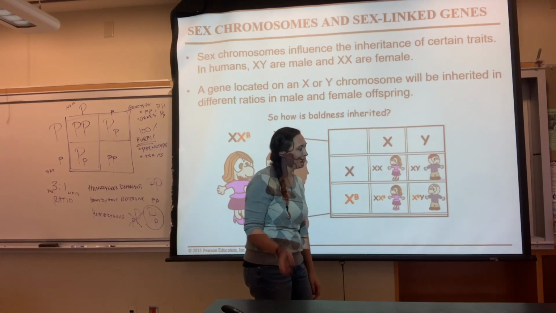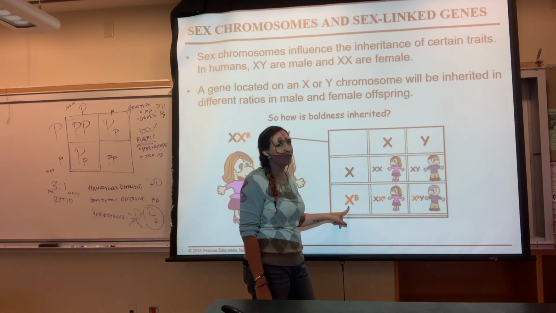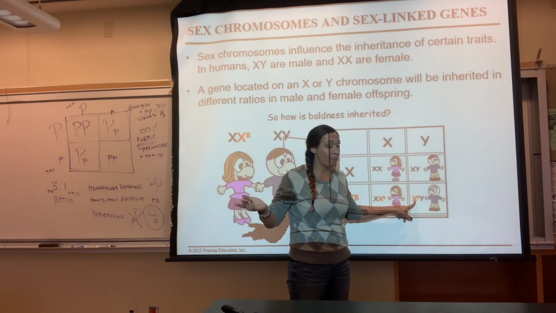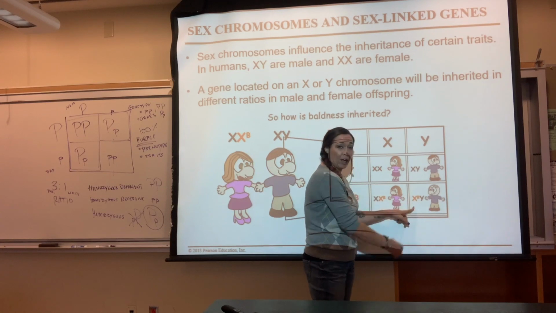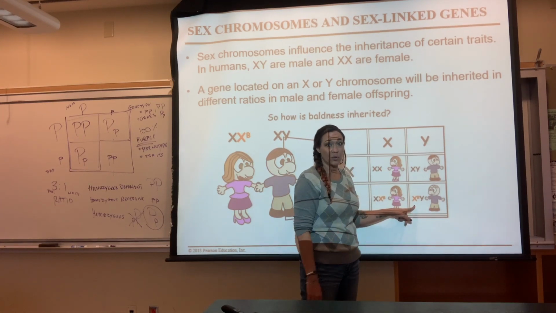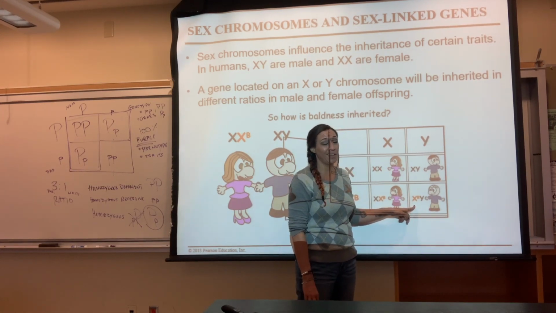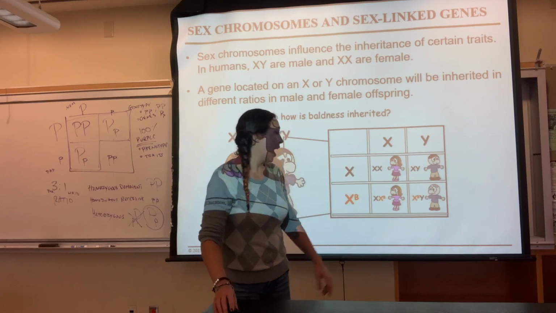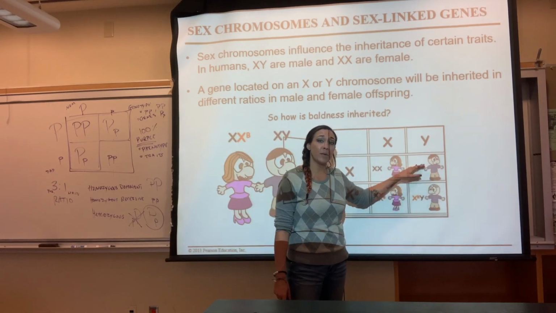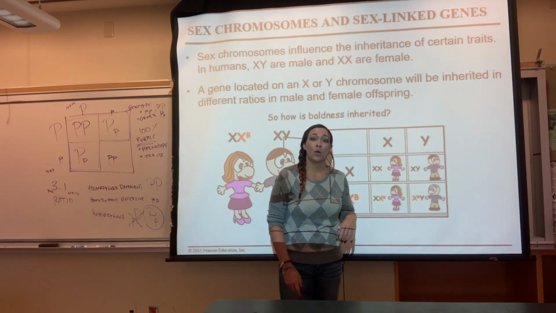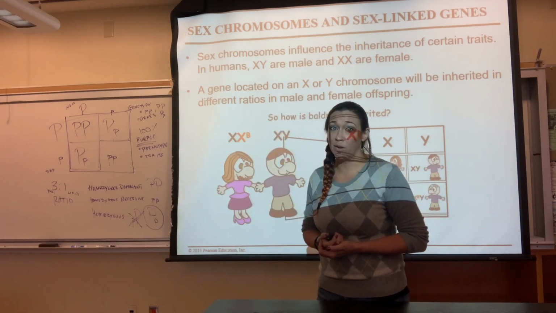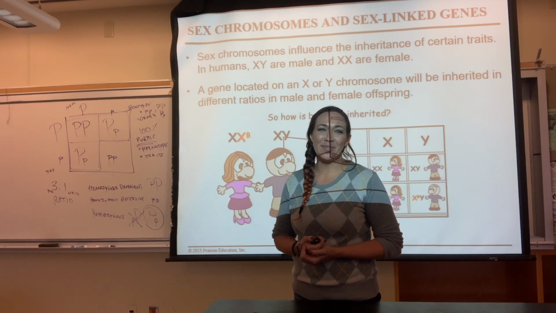But the other son, he gets the infected X from mom, and now there's only 1 copy of it. He doesn't have a dominant X to hide that other one. The Y doesn't work that way, so he only has 1 recessive allele, which means he's going to be recessive, which means he's bald. So in this case, half of the men have a possibility of being bald, but none of the females do. Which is, again, why you're getting it from your mom, but you might not necessarily have it, but your brother or your uncle or some male in your family might actually have it.